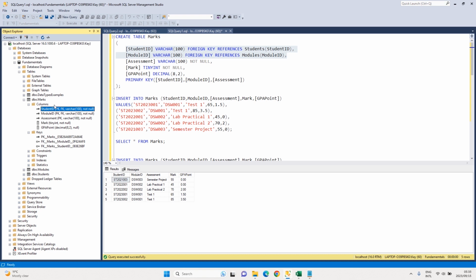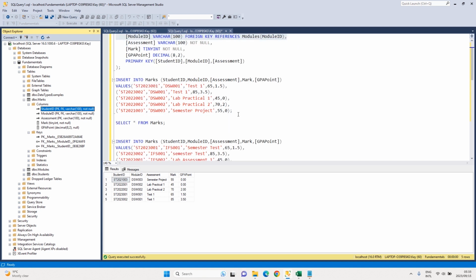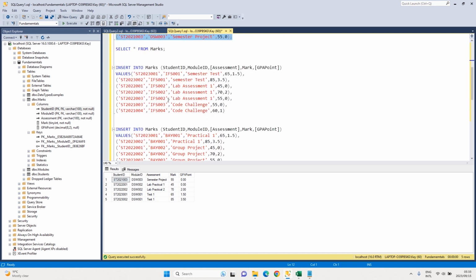So this is the table that we created. These are our columns, and these are our keys in the table, and they reference the modules and the students table. So this is the first row, or the first group that we inserted. And to show you an example of what a foreign key does, if I try to insert a value into a column that has a foreign key referencing a table, and the value does not exist in the reference table, it should give me an error and say, hey, you're trying to give me a student ID that does not exist in my students table. For an example, I don't have a student ID of